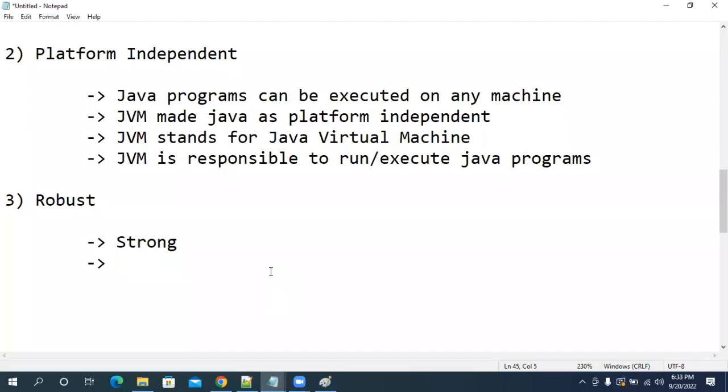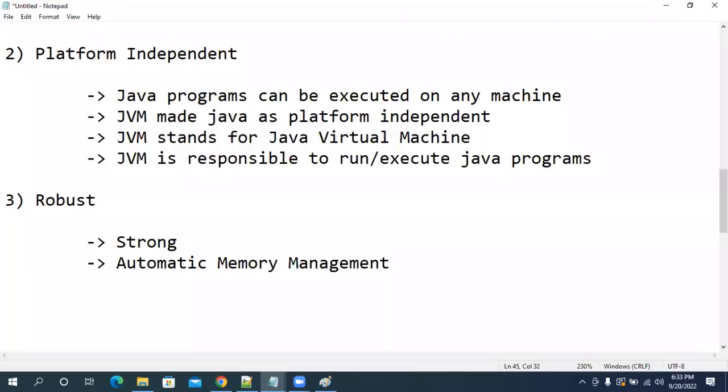The reason to say Java is robust: there are two reasons, not one. Because of two reasons, people are saying that Java is robust. First one is automatic memory management.